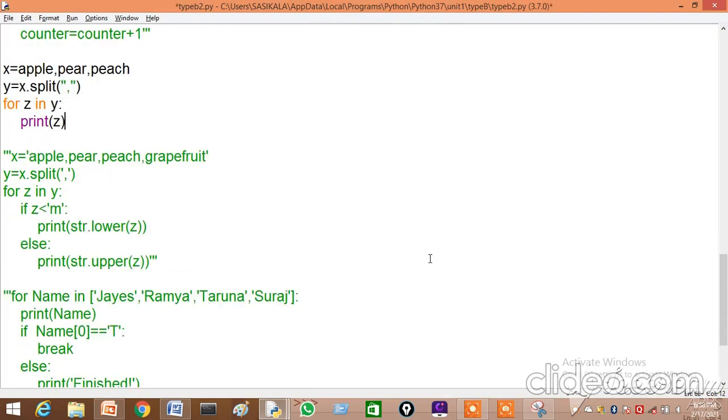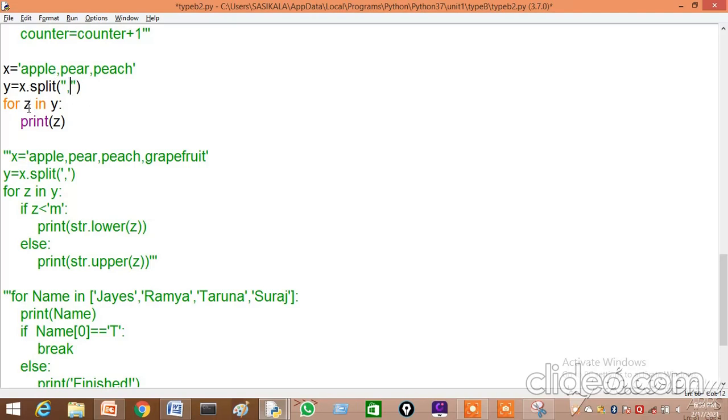Next one, the x value we have assigned here is a string. Inside the single quotes I am giving it. You can use a single quote or double quote. Here I am using the split function. In what way am I going to split the string? If it encounters a comma, it has to split. So while you are giving the comma here, be sure that you do not leave any space. Here also you should not leave any space, then only it will split according to the comma.